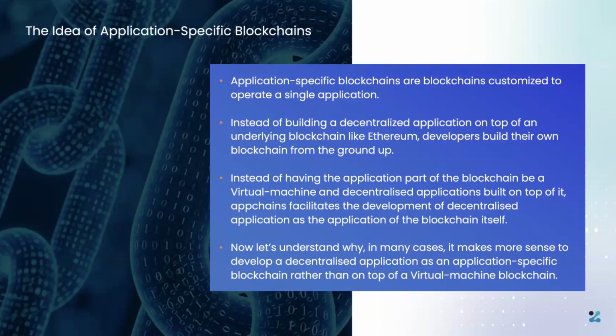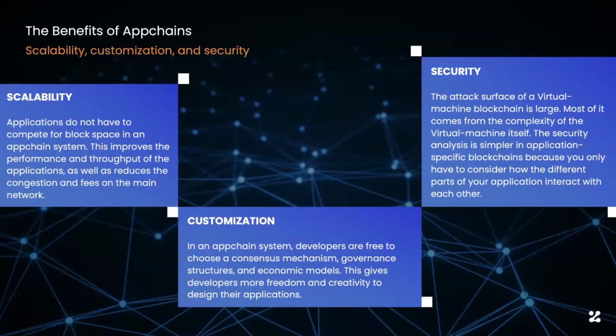which application-specific blockchains try to solve, where rather than building directly on the VM-based blockchain, you have your own application-specific blockchain. So what are the benefits of having Appchains? One, of course, is scalability, because as I mentioned, you are not competing for resources with other apps on the ecosystem. It's your own application-specific blockchain. You can achieve the complete throughput that is provided by the underlying blockchain. So that way, you can control the user experience, you can control the throughput,